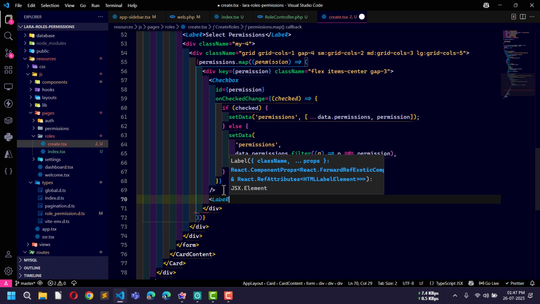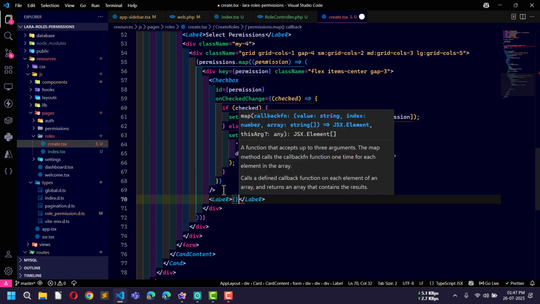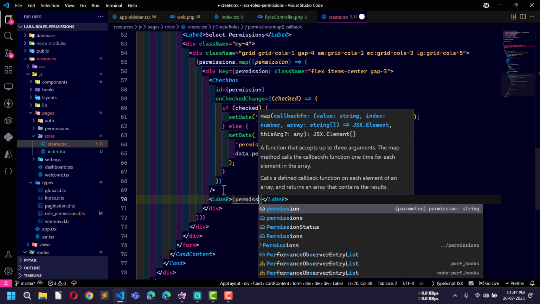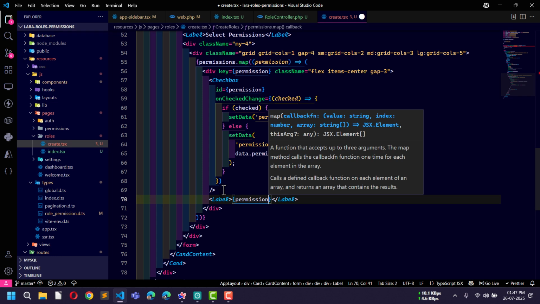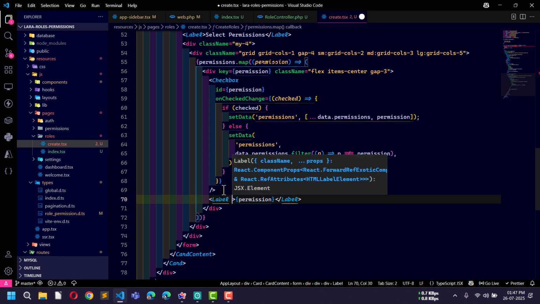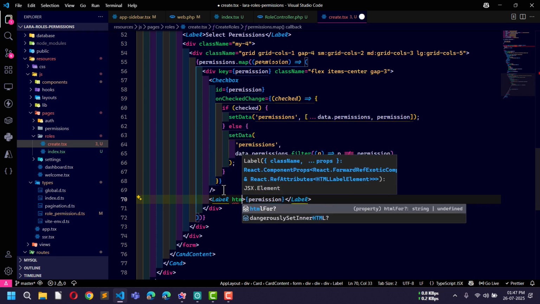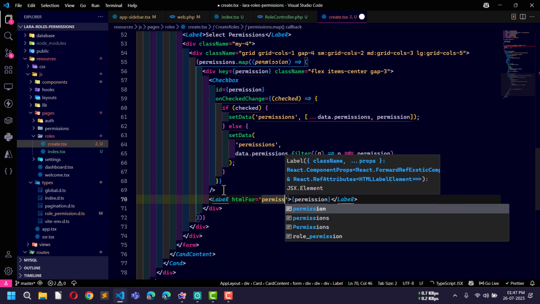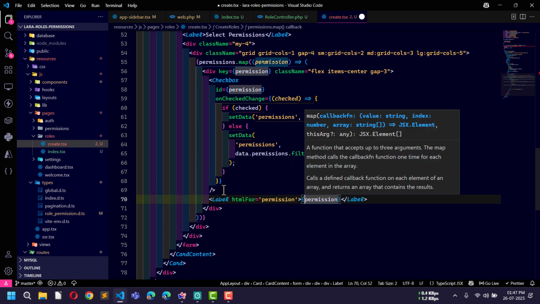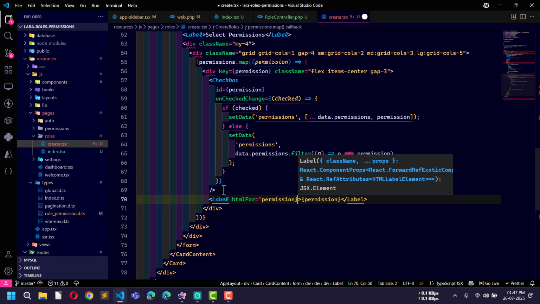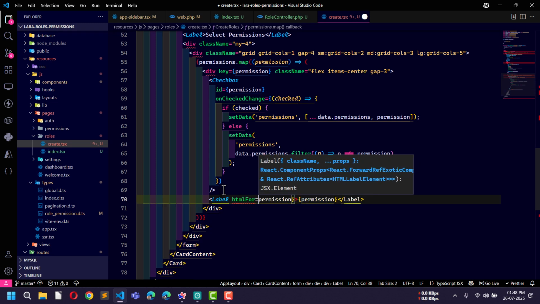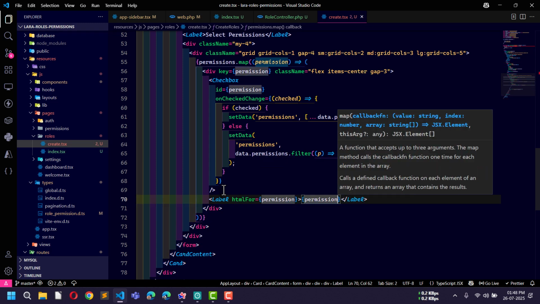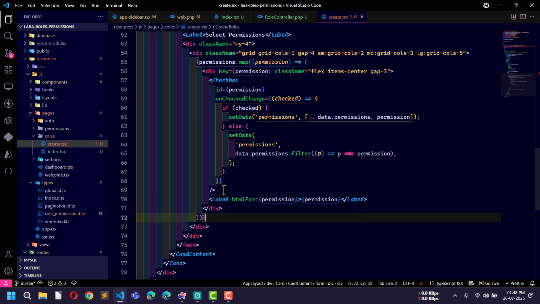Okay, so here I will use label, and then permission, and inside this I will use htmlFor permission. Actually not this one, the dynamic one. Okay, so all set, close div,